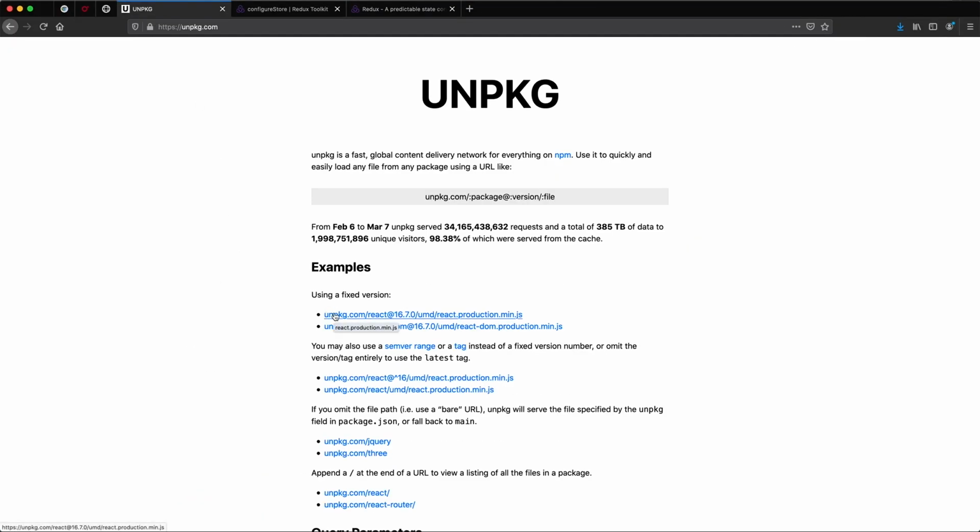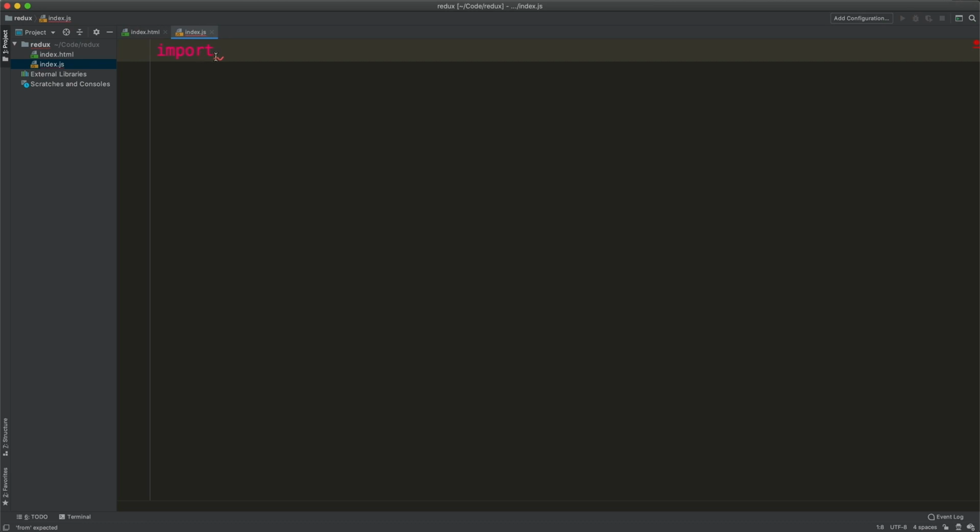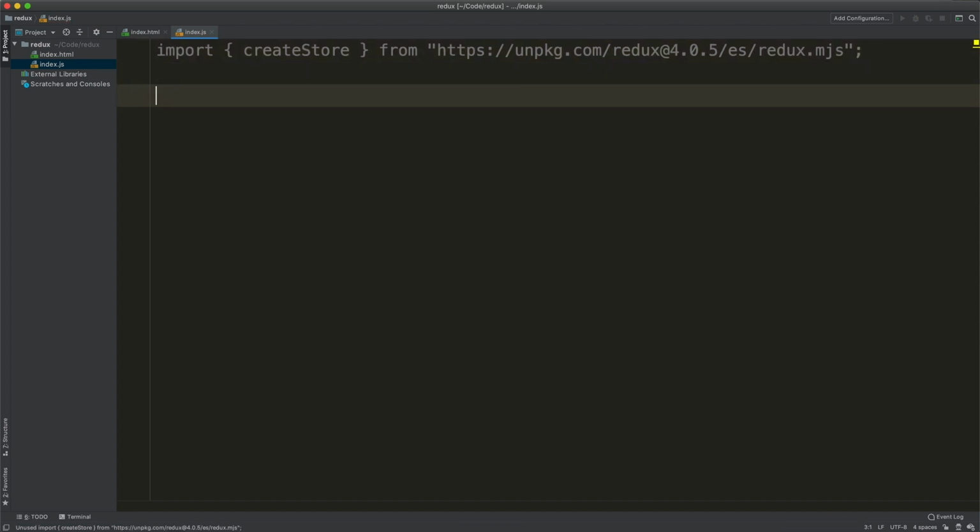So it is unpkg Redux. I think I've got already the URL here. Here it is. So we can copy, paste that inside our file, and here I'm going to import createStore, that, if you remember, is the Redux function for creating our store. If you recall, the store in Redux is like a brain. It is in charge of moving all the parts of Redux, so we can create a store out of this function, and the store will take